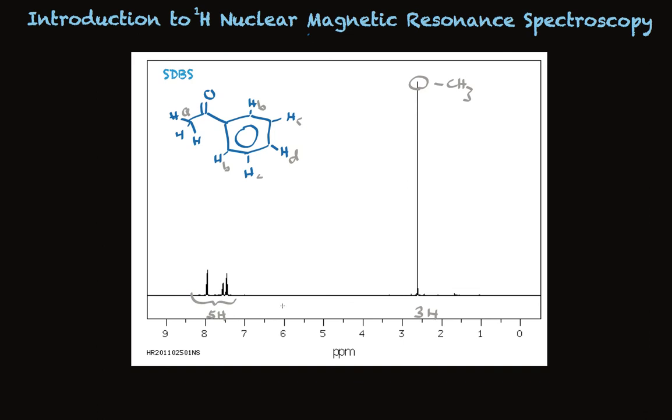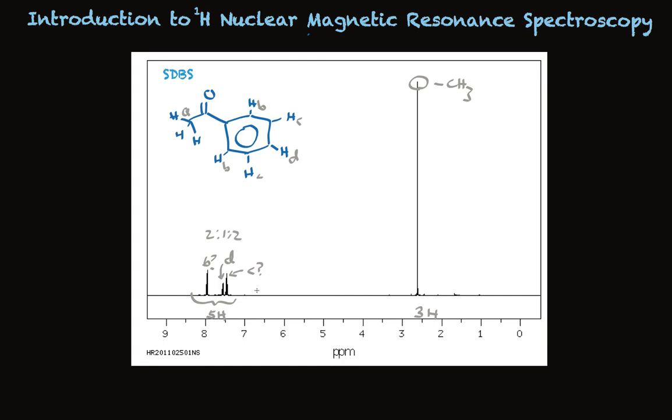And I put 5H together because you see this is sort of a messy pattern. We have what looks to be probably 2H, 1H, and 2H. So that would be very possibly HB, 1H, it would be D, and then this one would be C. I guessed B for the one that's downfield because it's closest to the carbonyl group. So I'm guessing that makes a shift relative to the other 2 that's downfield. But in any case, we can see that the ratio is 2 to 1 to 2, which makes perfect sense